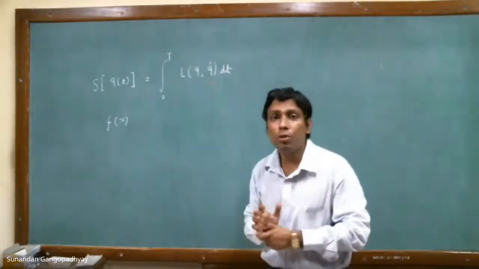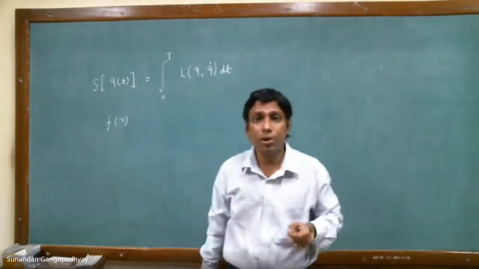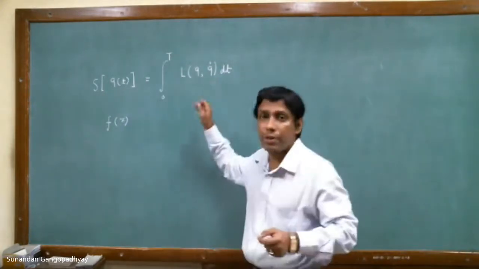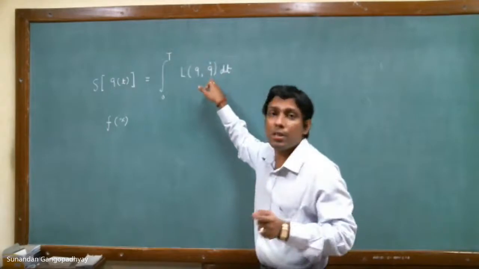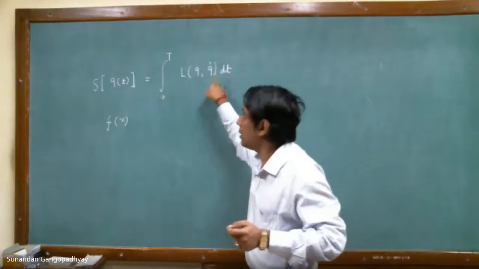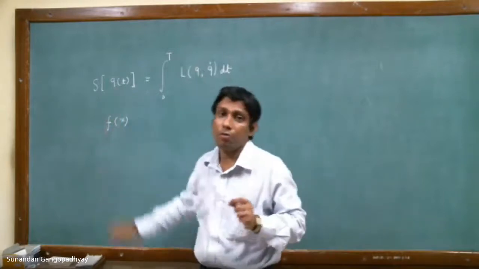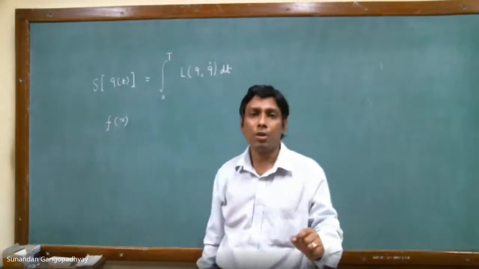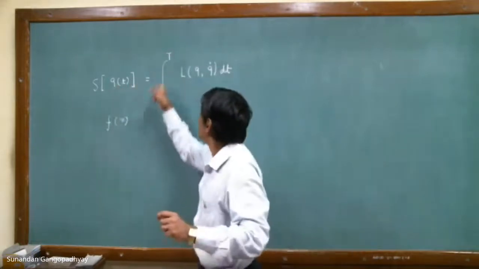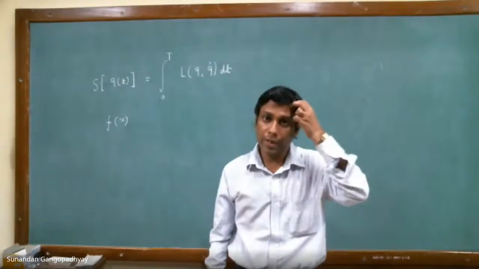Why not q dot? You will notice that the action is not a functional of q dot. The reason is very simple. Because q dot means dq/dt, but there is an integral over t. So that is the reason that it is not a functional of q dot, but it is a functional of q. You put in any form of the function q, and this integration gives you some number on the left hand side.